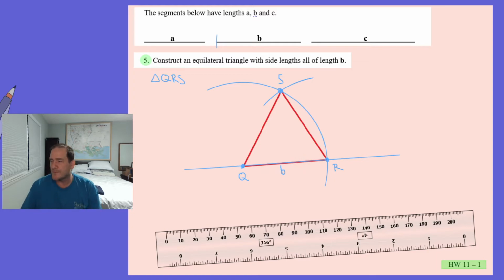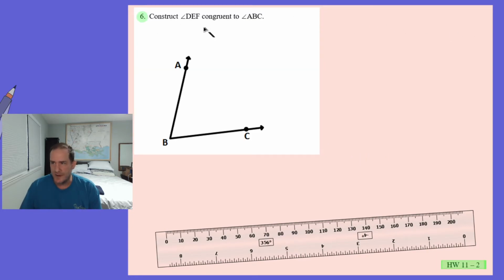Okay? How about 6? Okay, this is important. 6 is where we're talking about making a copy of an angle. Okay, so let's do this one now. To copy an angle,